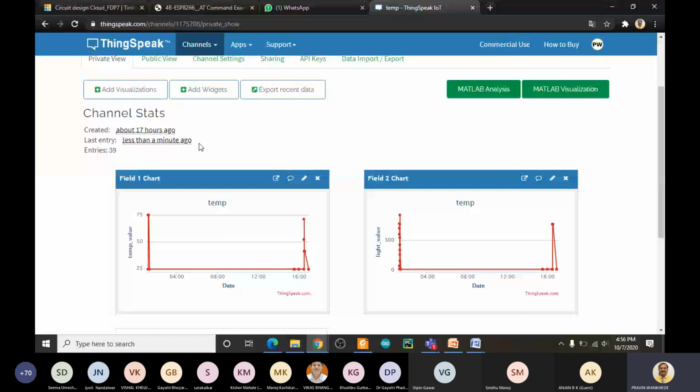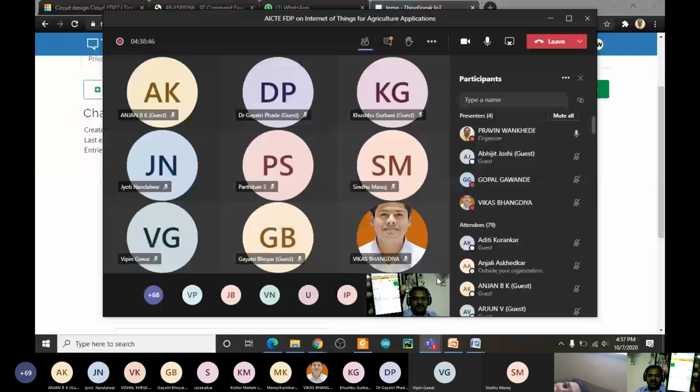And what I have done is I have made one app through MIT App Inventor. You see here, I have developed one app.